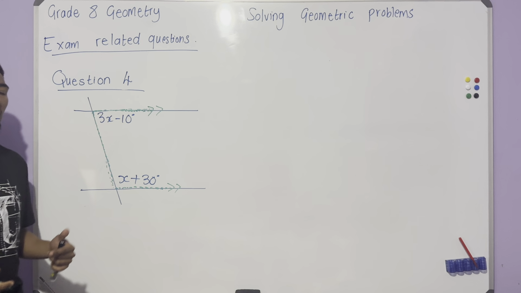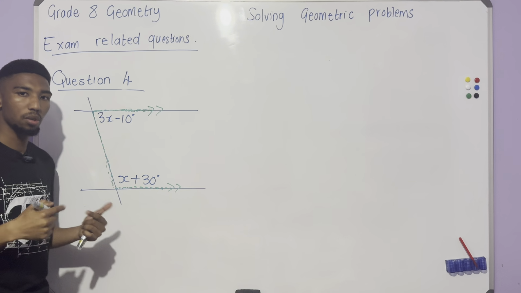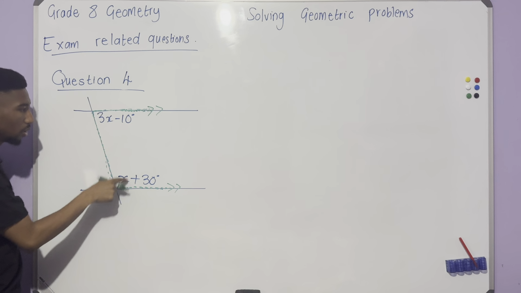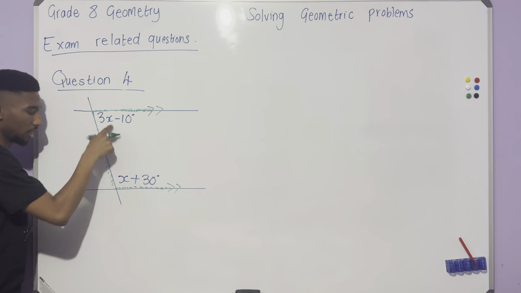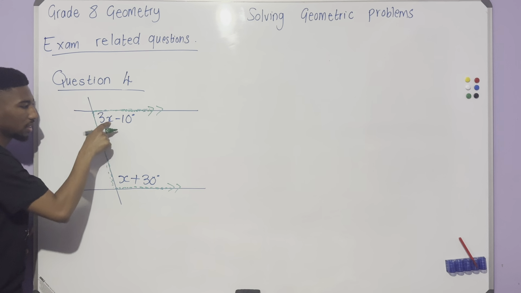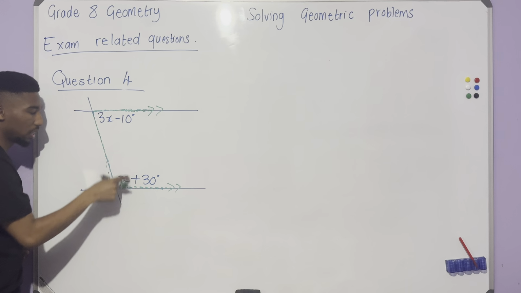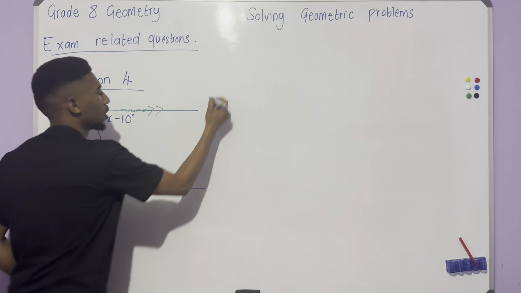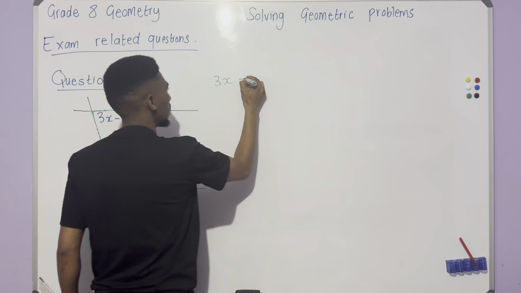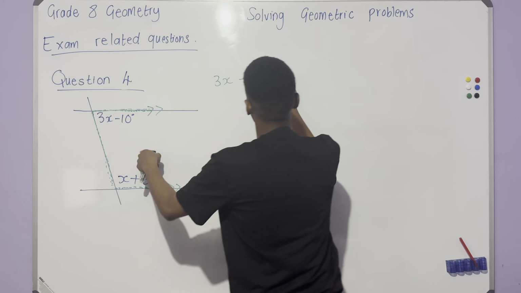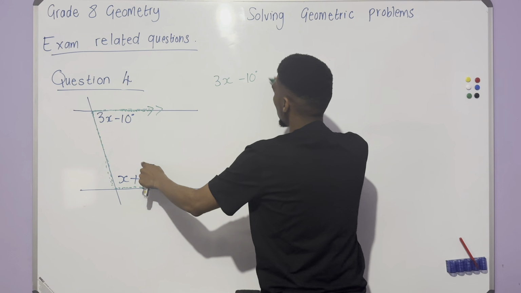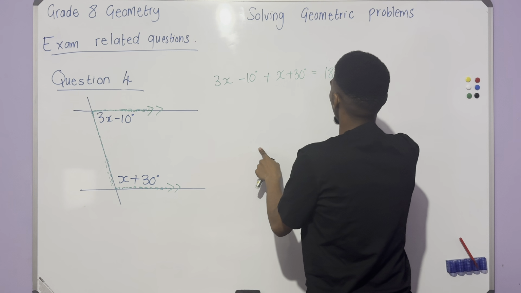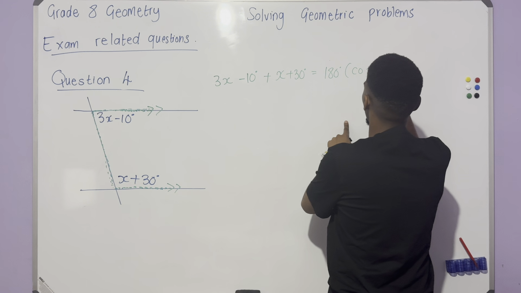If we can create an equation from that, we can also solve for x, even though there are two unknown values. So long as they are the same variable, we can create an equation. That is forming the letter U, so we know it is co-interior. So we have 3x minus 10, that's this angle over here, plus this angle, x plus 30, equals 180 degrees. And our reason is co-interior